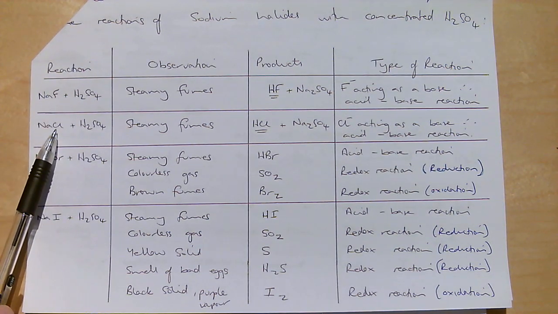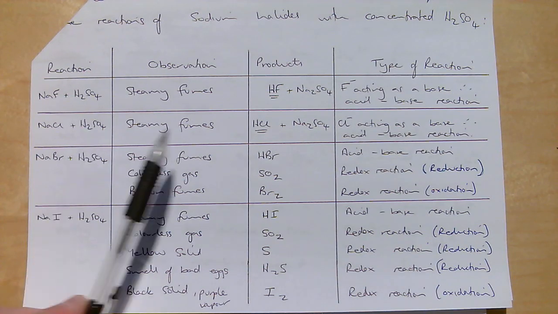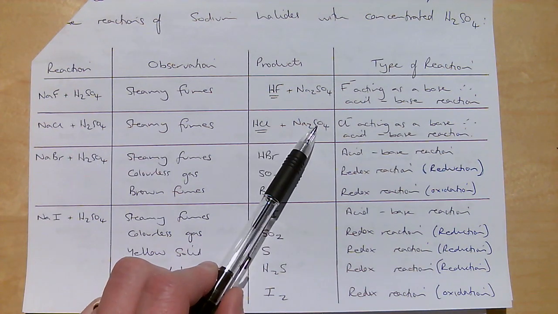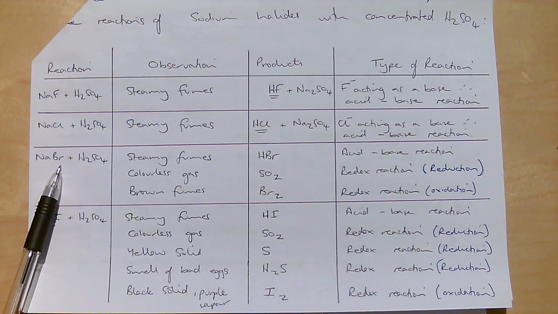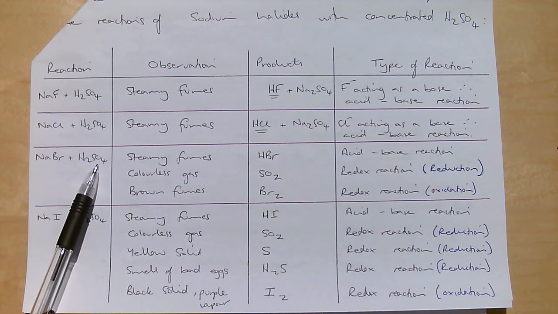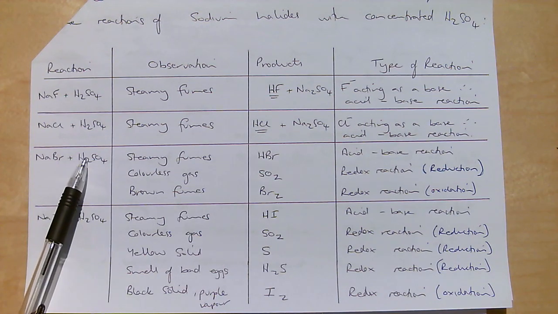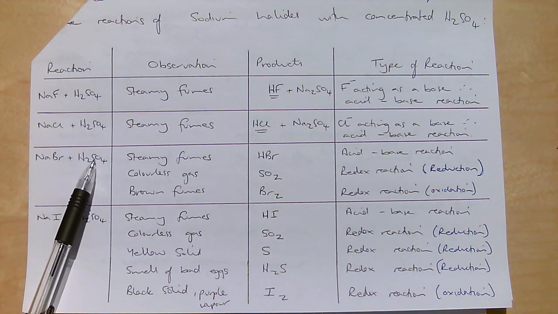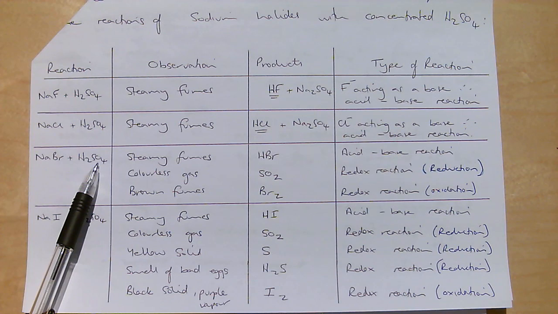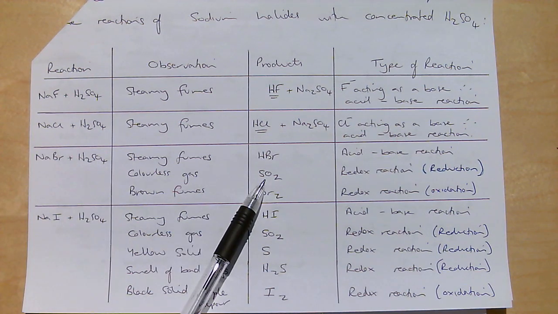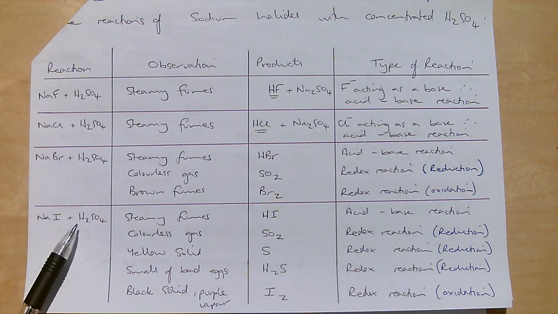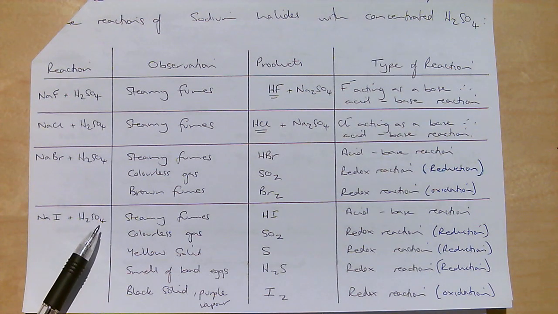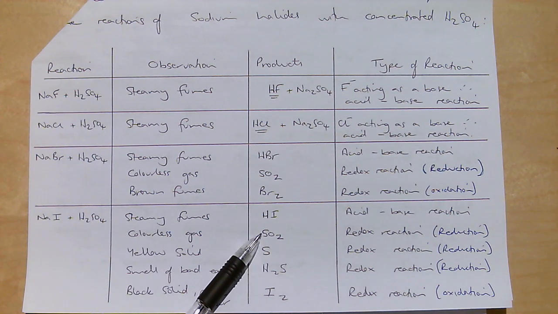So chloride ions with sulfate ions. The chloride ions didn't reduce the sulfur in the sulfate ions at all. The bromide ions, when they react with the sulfate ions, did reduce the sulfur in the sulfate ions from the +6 oxidation state to the +4 oxidation state in the SO2. But then when the I- ions came along, they could reduce the sulfur in the sulfate ions to